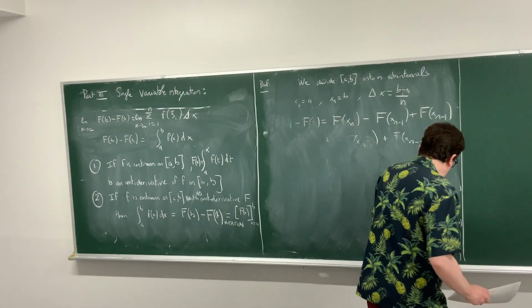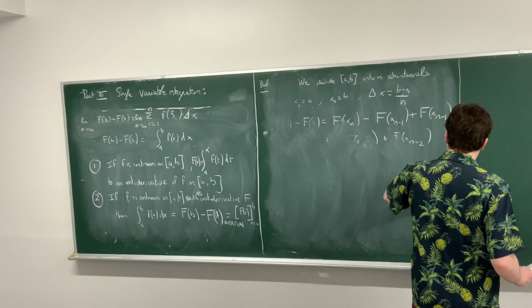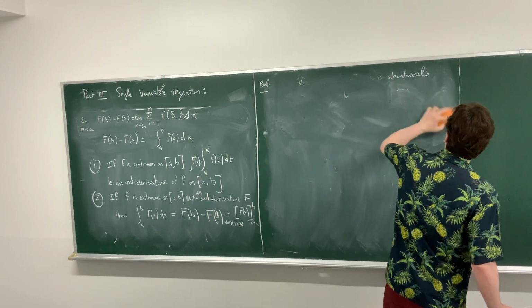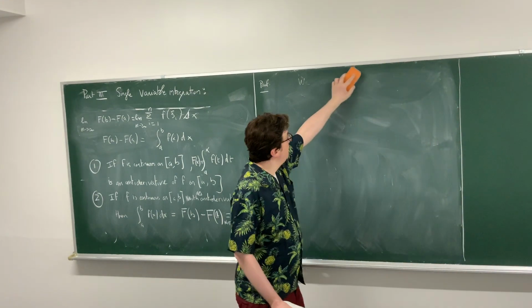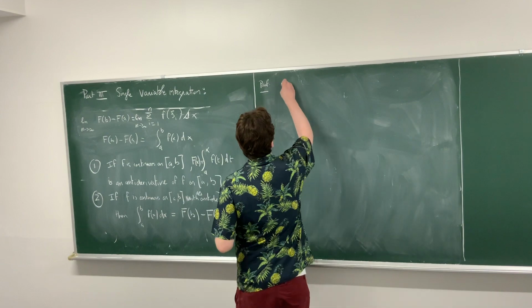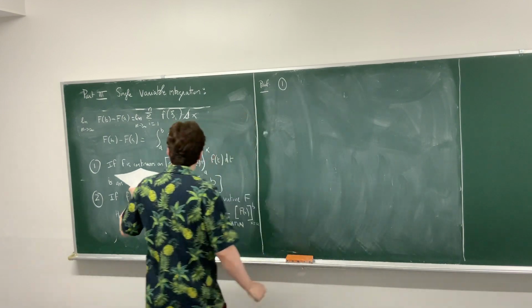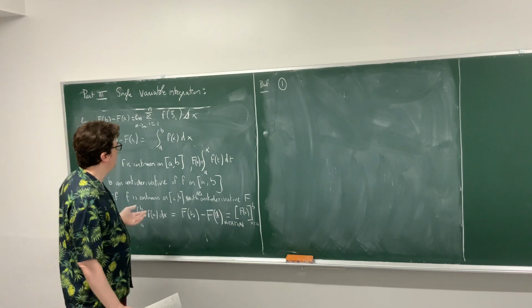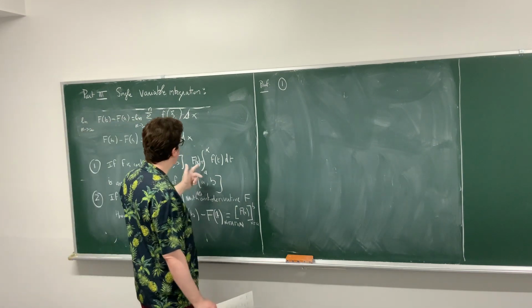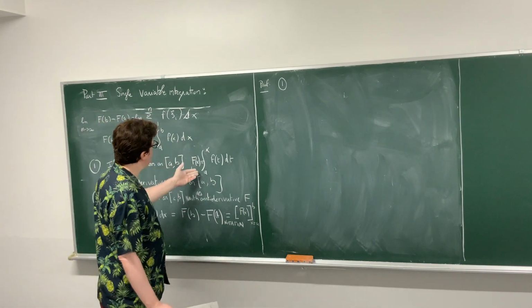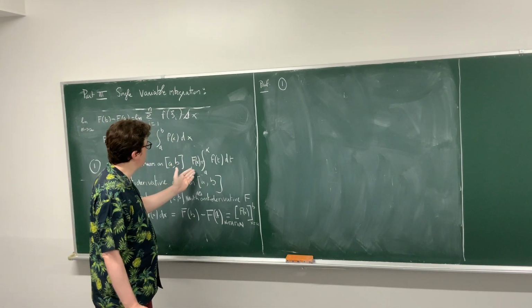So as you can see, this fundamental theorem of calculus is using our incredibly powerful MVT theorem. So MVT is the key here. Okay, so now we prove statement 1. Statement 1 is saying that I can calculate the antiderivative from a definite integral. So I'm claiming that this is an antiderivative.